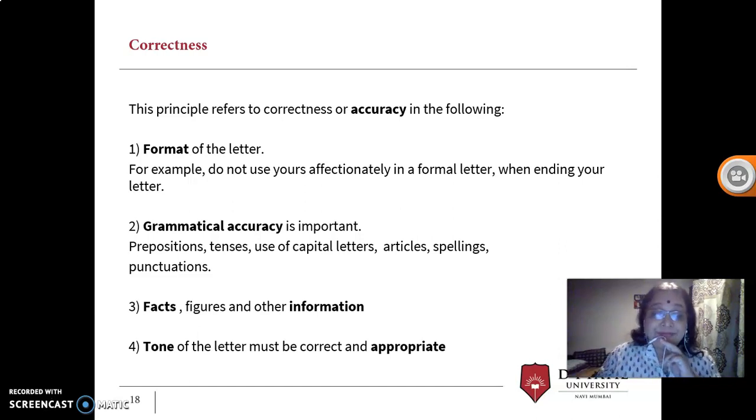And now facts and figures, very important. You can't say 20,000 when actually meant 2,000. And of course the tone. The tone should be